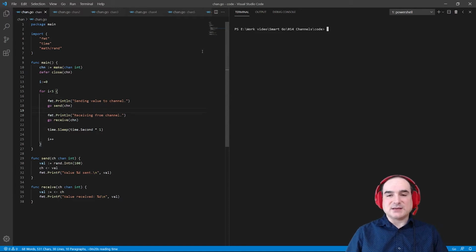Here's a simple example of how channels can work in Go. In this program, we have a channel that sends random integers from one Go routine to another and prints the result to the console. So to create a channel, we use the make keyword along with the type of object we're making, a channel in this case, and also the type of data to be sent through the channel. Channels require a data type. In this case, we're sending integers. We then refer to this channel with the variable CHN.